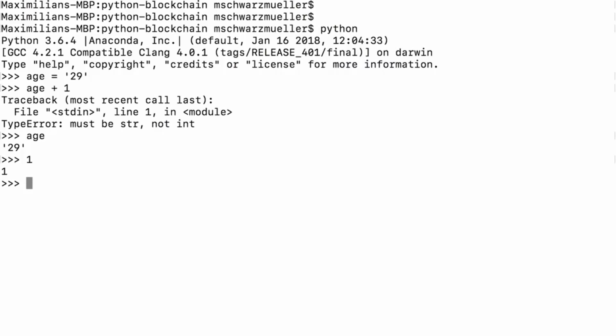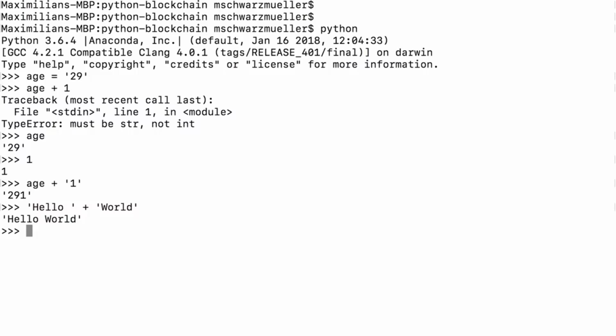So what would work is age plus '1', and now we would have 291, because it's now not doing the arithmetic addition, where it adds 1 to 29, it's just concatenating the two strings and creating one word out of the two. Now, this is of course fine if you had something like hello plus world, and you wanted to create one combined string.